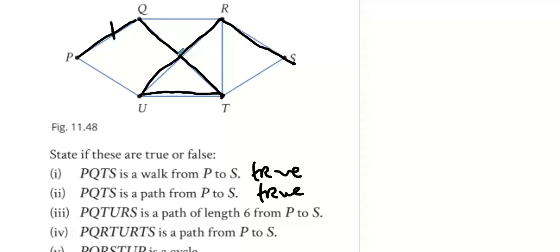And how many sides did we use? 1, 2, 3, 1, 2, 3, 4, 5. Yeah, did I miss something? P to Q is 1, Q to T is 2, T to U is 3, U to R is 4, R to S is 5. So we use 5 sides, so I might disagree with that. Yeah, it's false. It's a path of length 5. It's not length 6, it's length 5. That's false. Okay,